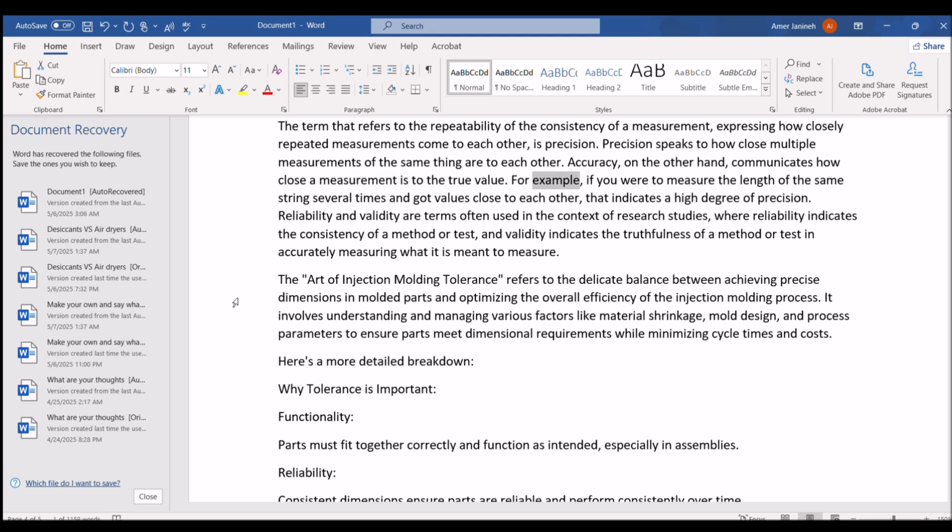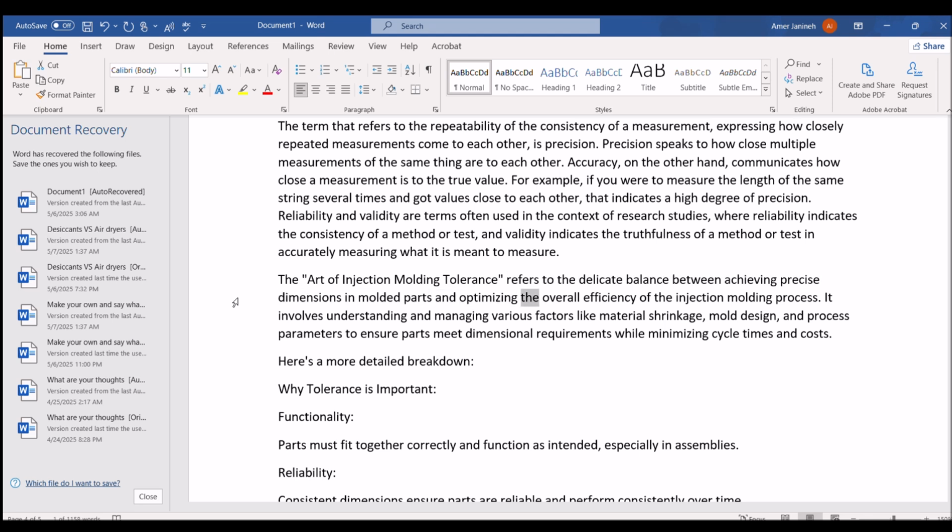For example, if you were to measure the length of the same string several times and got values close to each other, that indicates a high degree of precision. Reliability and validity are terms often used in the context of research studies, where reliability indicates the consistency of a method or test, and validity indicates the truthfulness of a method or test in accurately measuring what it is meant to measure. The art of injection molding tolerance refers to the delicate balance between achieving precise dimensions in molded parts